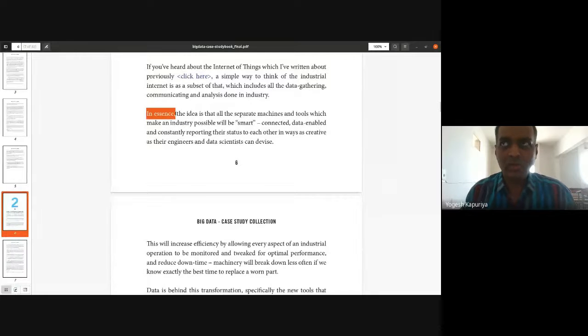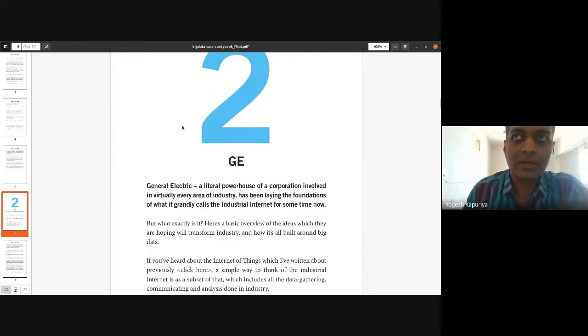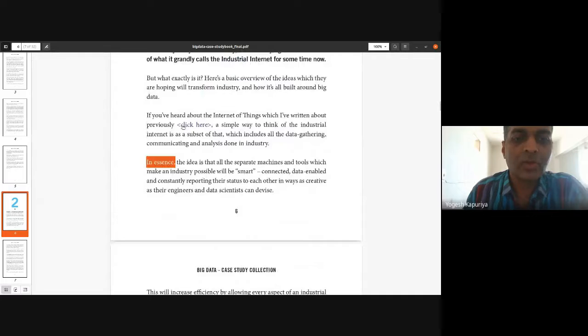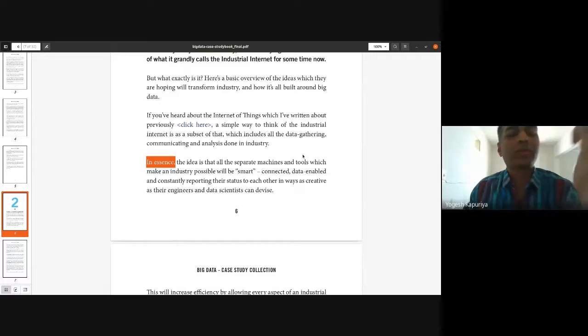The case was to separate out the machines and tools. GE is basically in the electrical domain, so they work in the electric domain. Their objective was that they have been collecting various data, and obviously they are now using Internet of Things to collect all the data which they record during their manufacturing process.